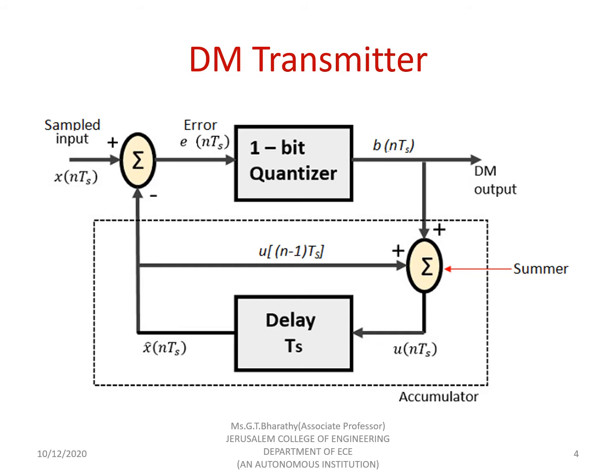So this is the diagrammatic representation of the delta modulation transmitter, where we have the sampled input signal. If x(t) is the actual analog signal, samples of it are taken and the sampled input is represented by x(nTs). That is given to a comparator where you get the present sample and the previous sample, the delayed version, that is the staircase approximated version of the previous sample. So the error is calculated. That error is given to a 1-bit quantizer where the output is represented by b(nTs), which can be either 1 or 0.